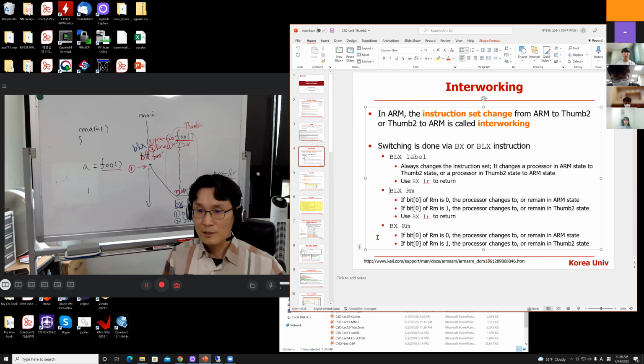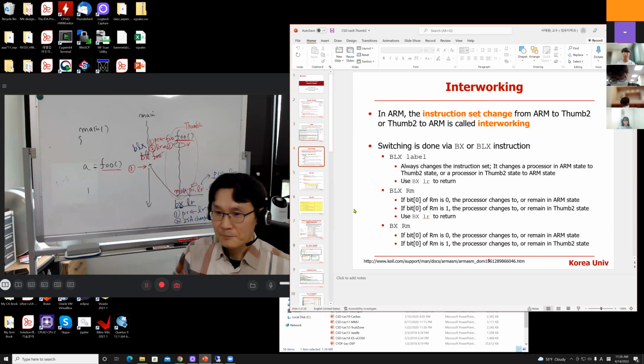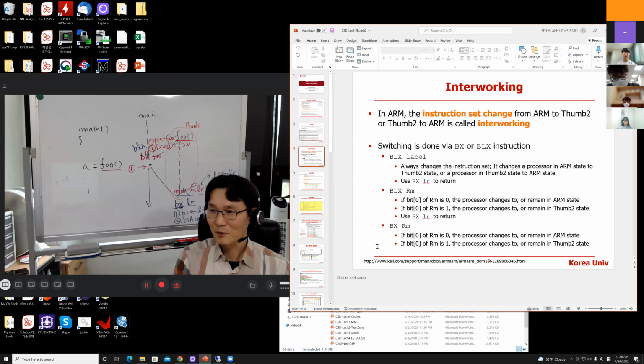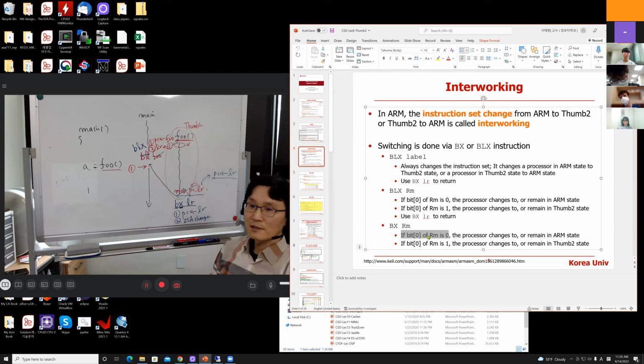So here, look at this. BX, Rm. Then you're supposed to use BX, LR to return back to the caller. But one more very important detail. This one, the Rm register, in this case, is the link register. So if the LSB, the least significant bit, of LR is 0,